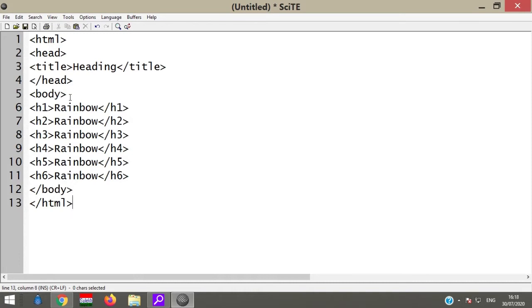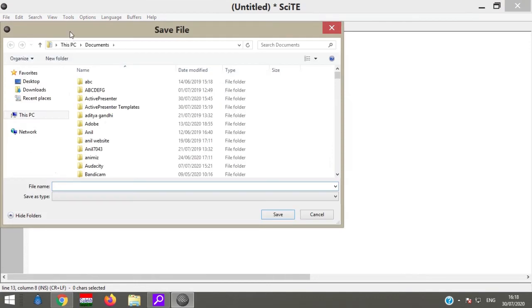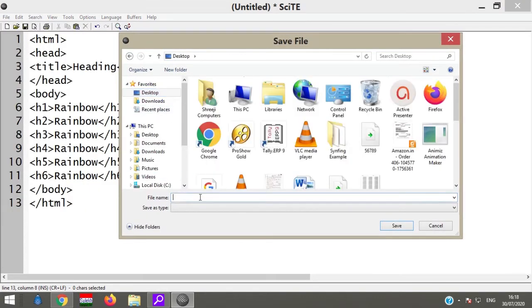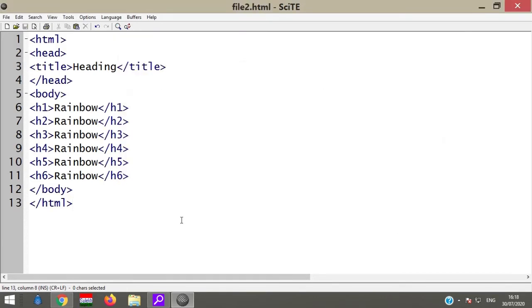Now the process will be the same. Save your file on the desktop as file2.html, then save. Now here direct options are available to view output in a browser.